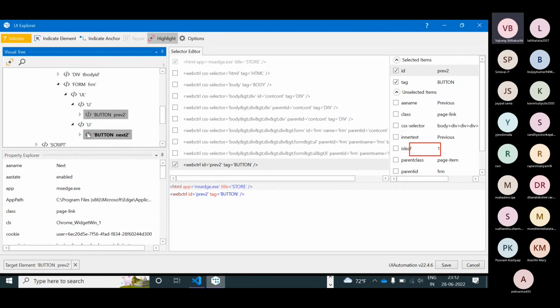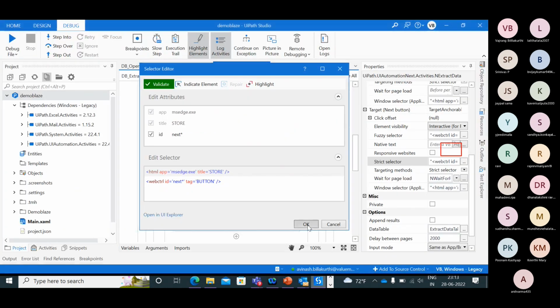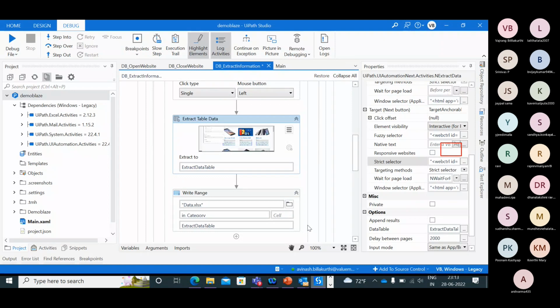Button next to. So if we are not able to use extract table, then how can we implement this one? Come on.